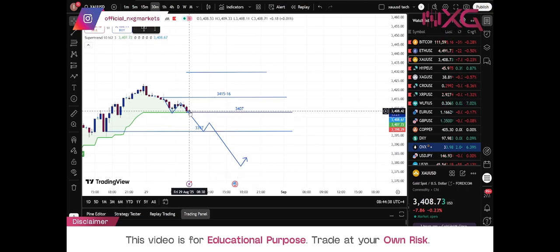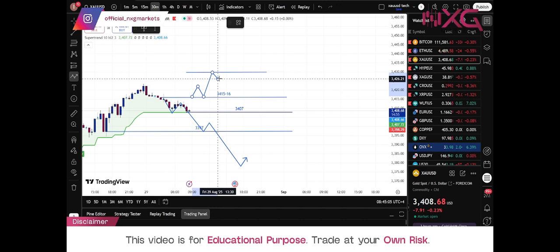But if that does not happen, if the market gets rejected from here, takes the support and goes back up, then we have a different pathway to follow. On the retest, your first target is 3422. If it fails, it will go directly to 3429 to 3430, which is where we might head today. This is the range we can expect the market to be in.